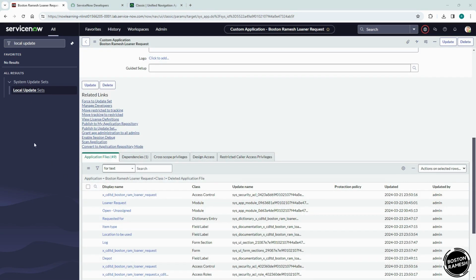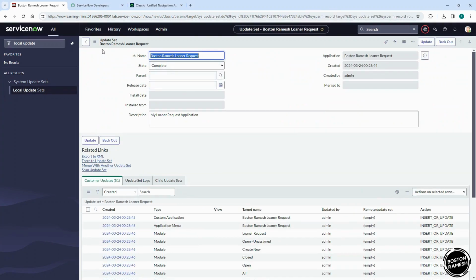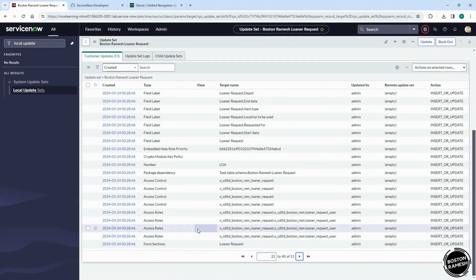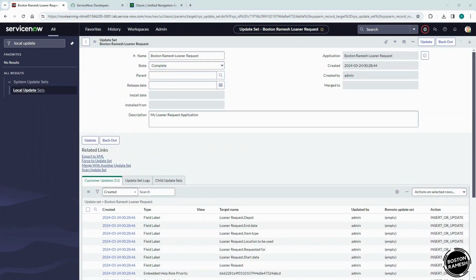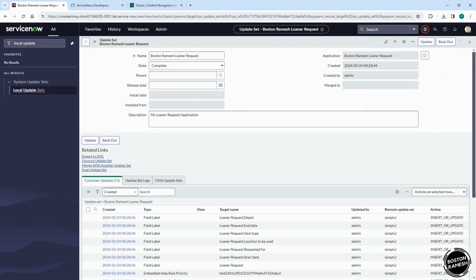Now I have published it, and it will be available for me in the local update sets. That's where here, the Boston Ramesh, this is the update set, and it includes every single bit of the work that I have done so far. Everything is part of this update set. Now what I do is export to XML. I just click on this and it will export that XML file for me to use to migrate my application